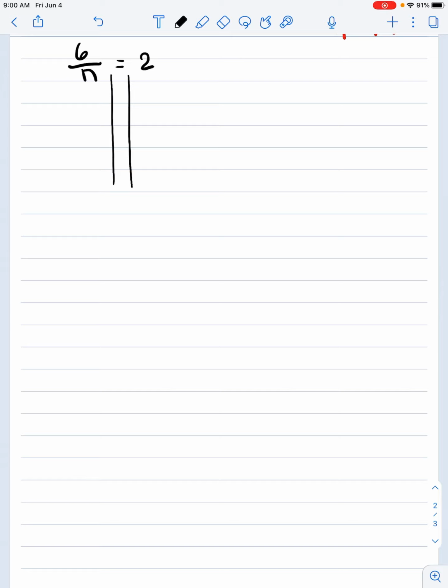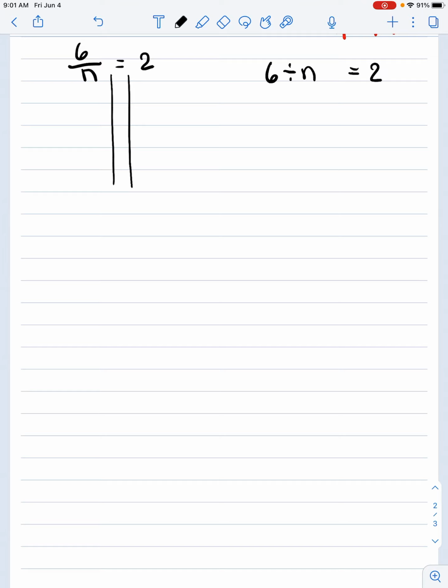And that looks kind of like a strange situation until we realize that we can do anything to one side of the equation as long as it's done to the other side. And that includes something you may not have seen, which is actually moving the variable from one side to the other by adding or subtracting or multiplying or dividing. Okay, we haven't done that yet, but we can. And so what I'm going to do here is show you what we can do. This is actually 6 divided by n